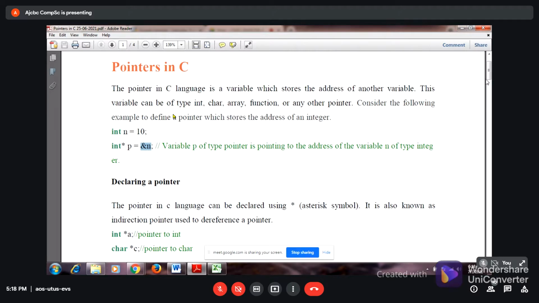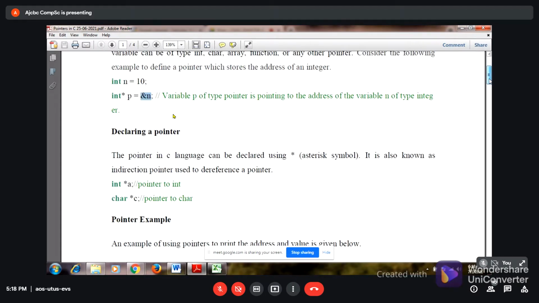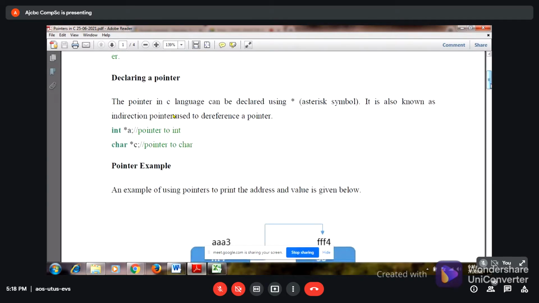Okay. So I'll show you here by diagram also. A pointer in C language can be declared using the asterisk symbol. It is also known as the indirection operator, used to dereference a pointer. So like this we will represent int star a. When you are giving star, remember it is a pointer.